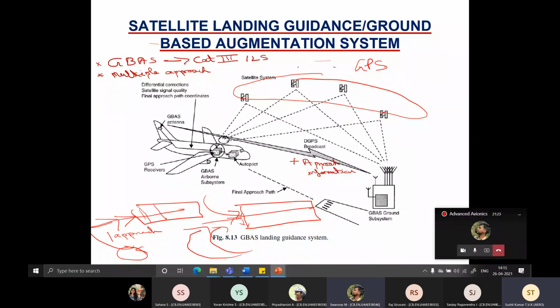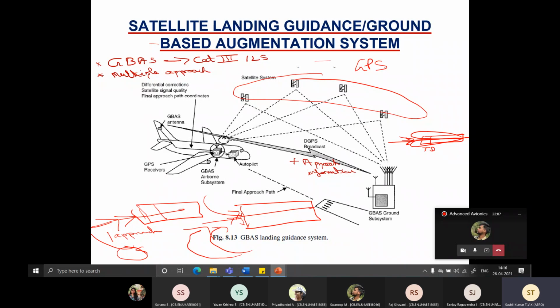No, sir. See, ILS will have just one approach. Agree? Because ILS is nothing but two beams, right? What we have seen already. The localizer. I am talking about azimuth. So let us say this is touchdown. So you have these two beams coming, and if you are aligning yourself at the center of these two beams, you can land along the center line of the runway. So which essentially means that there is only one approach. Are you getting it, Sarup?